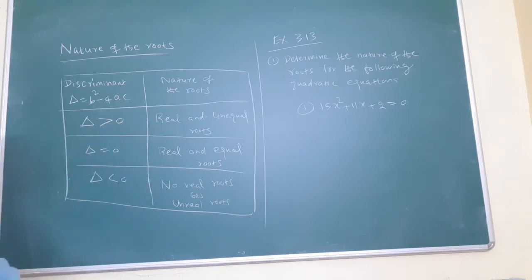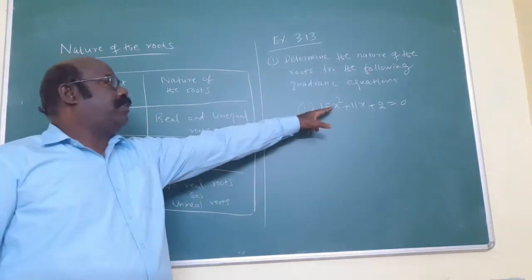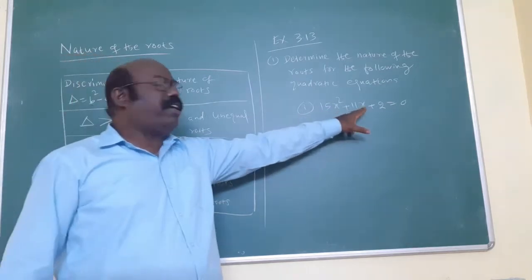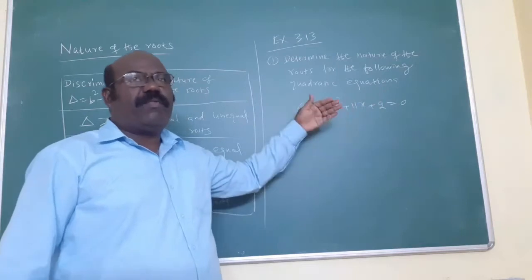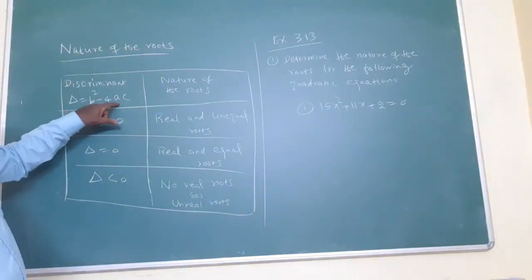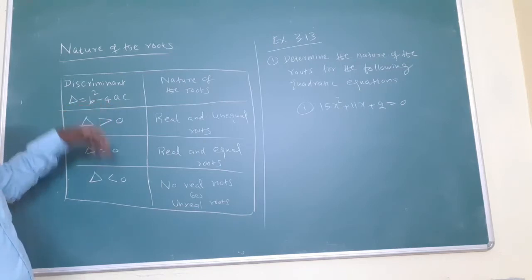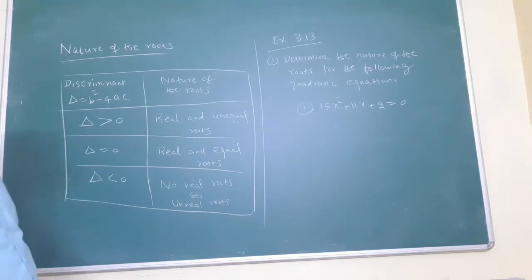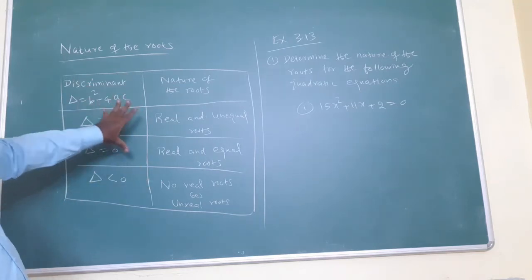From the question, you want to guess the values of a, b, c. In our quadratic equation, the coefficient of x squared is a. The coefficient of x is b. The constant is c. Already you know. After finding a, b, c, substitute all the values in the b squared minus 4ac formula. We get negative means one answer, positive means one answer, equal to 0 means one answer. This is the concept, this much concept only.